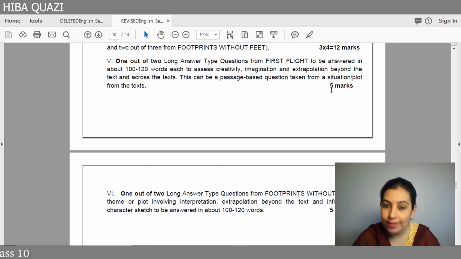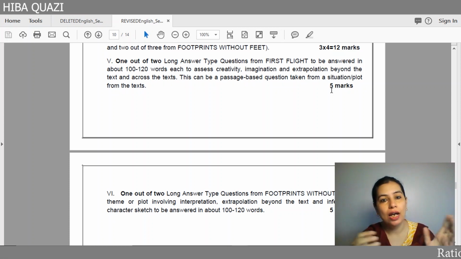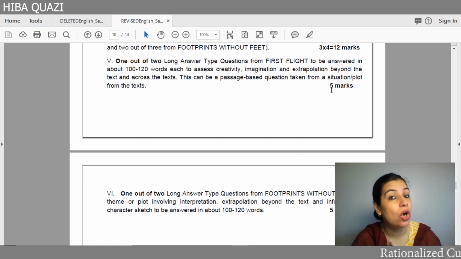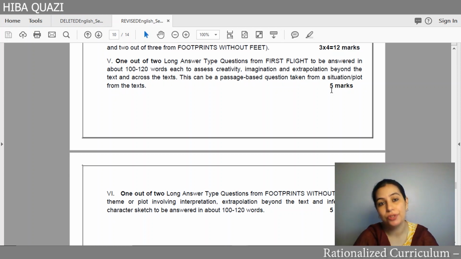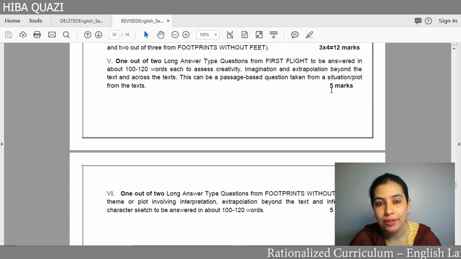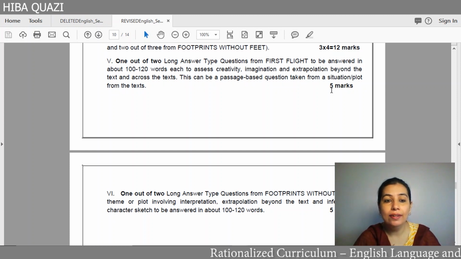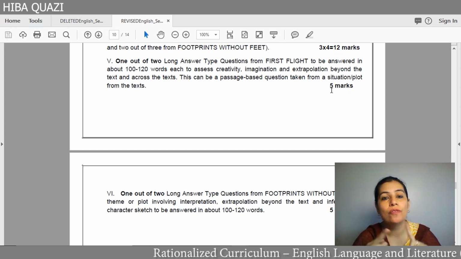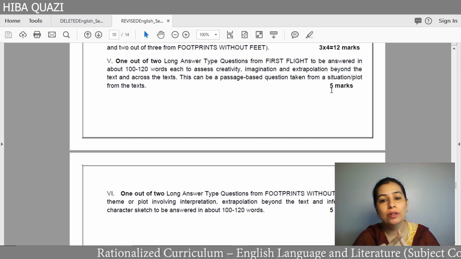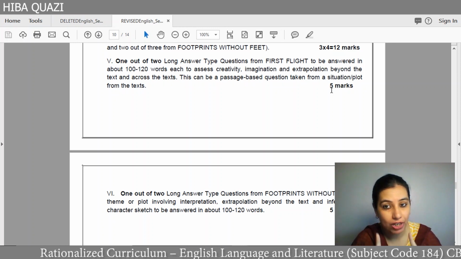This can be a passage-based question taken from a situation or plot from the texts. They have said this can be. It is not necessary that it will be a passage-based question. It may happen that it is. So again, two questions given, you need to solve only one based on First Flight, only First Flight, and it